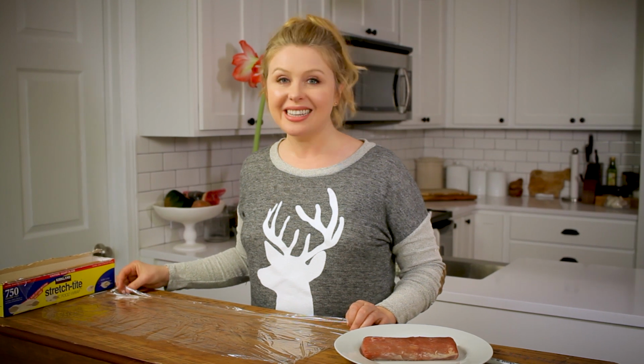The key to storing and freezing meat effectively is how you wrap it before it goes into the freezer. Today I'm going to show you step by step how to do just that so that you can maintain maximum